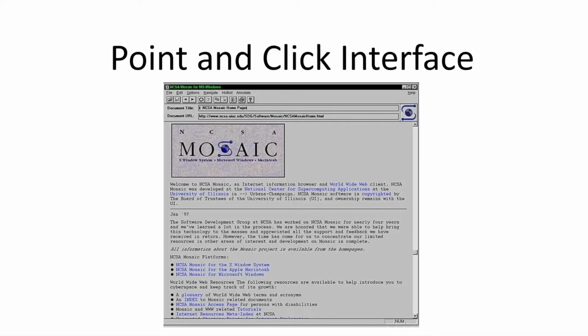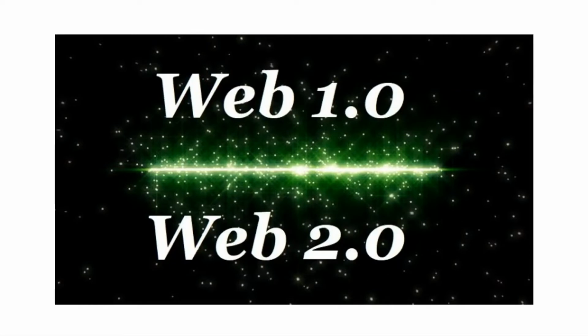In the early 1990s, we got one of the very first point-and-click interfaces for the internet. It was called Mosaic, and for the first time ever, you could use your mouse to click on blue text, which were hyperlinks. This revolutionized the internet, because now, through a web browser, you could click on things to move from one part of the internet to another. Early internet applications are often referred to as Web 1.0. They were largely passive. You could read, you could look, you could see pictures. There really wasn't a lot of video in the early internet or Web 1.0.